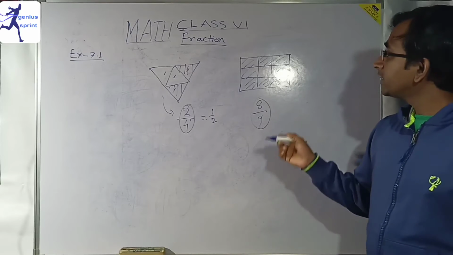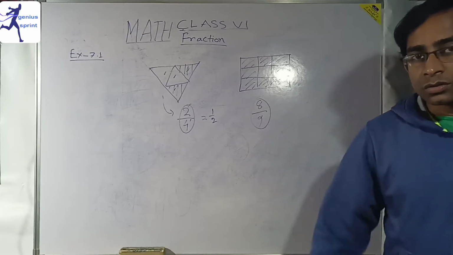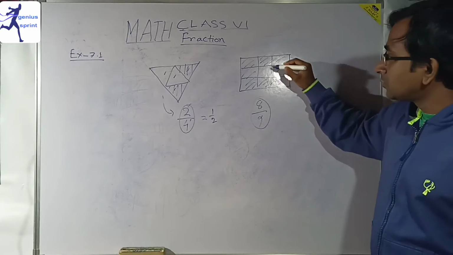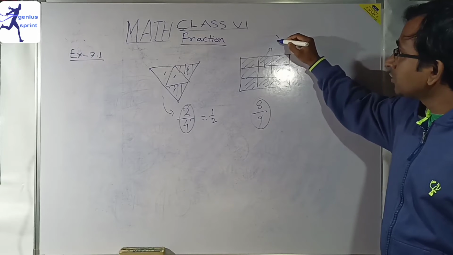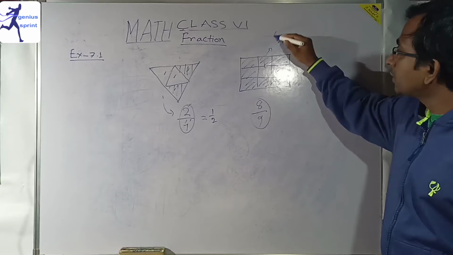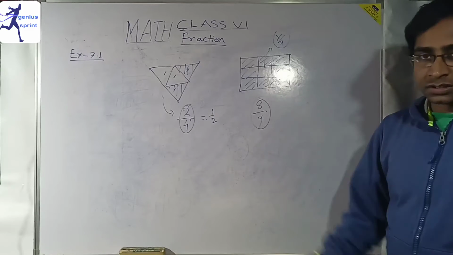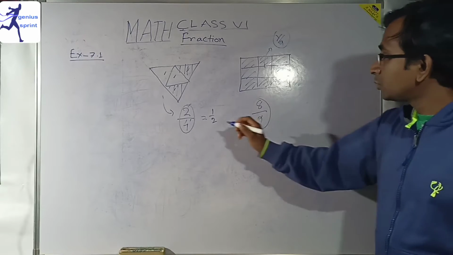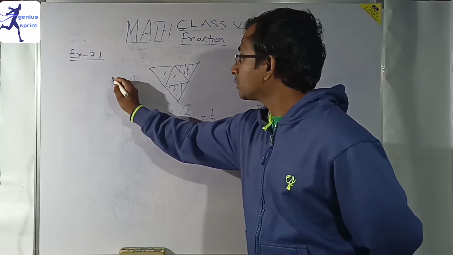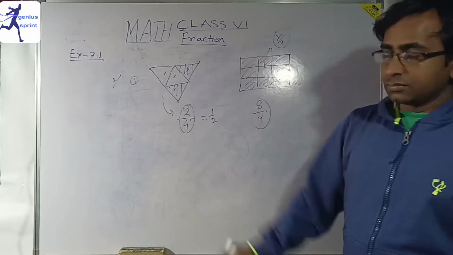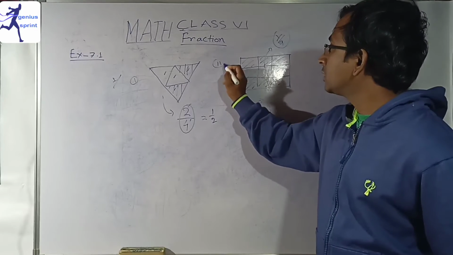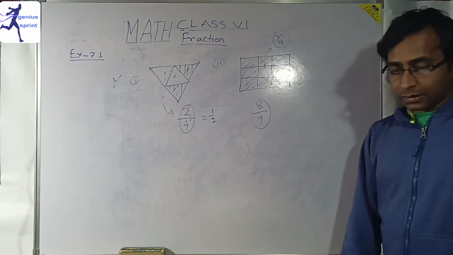Sometimes they can ask you to find the fraction of the non-shaded part. Here the non-shaded part is 1, and the total is 9. So 1 upon 9 is the non-shaded fraction, and 8 upon 9 is the shaded fraction. So next part is